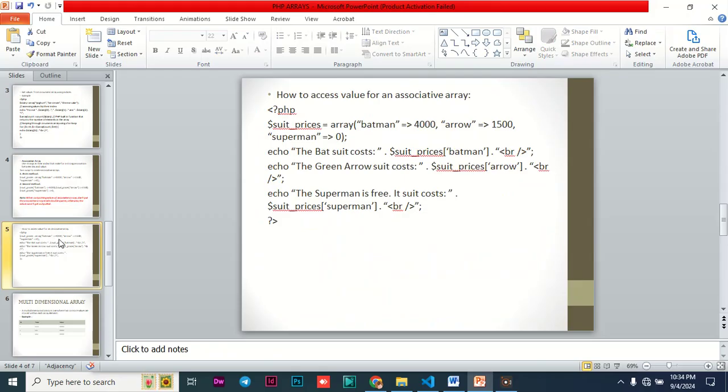Now here we have an example to explain what we have just looked at. We are saying that we have an array called suit prices. Then we are going to use an associative array. That's why we are using Batman as the index, and then you are giving it the values, each one of them. After that, you are going to echo out